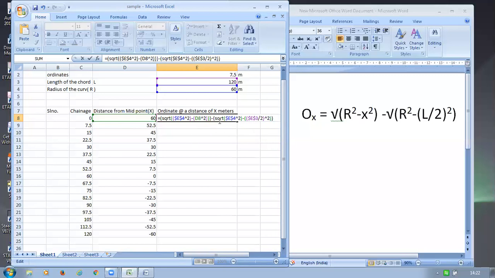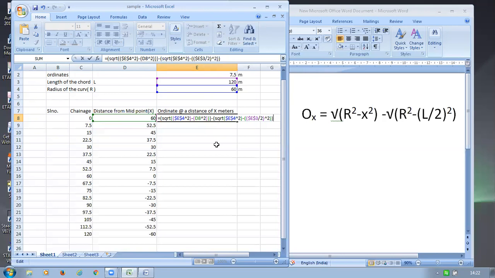See, now the bracket came and here another bracket. Check out this formula here once. Square root of r square minus d8 square, d8 is the x, so x square, minus the square root of r square minus l by 2 whole square. That's what I wrote in the formula by selecting the cells.